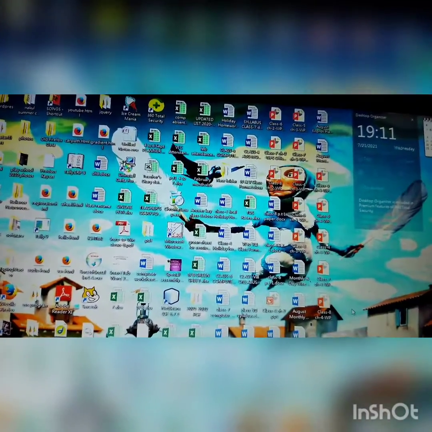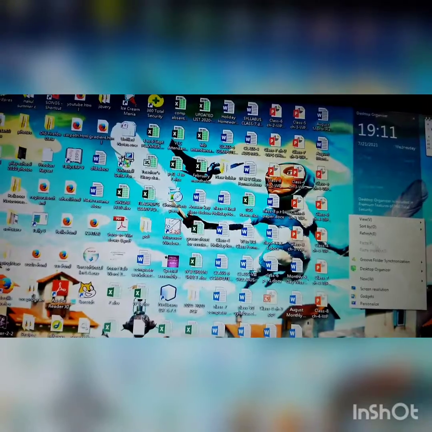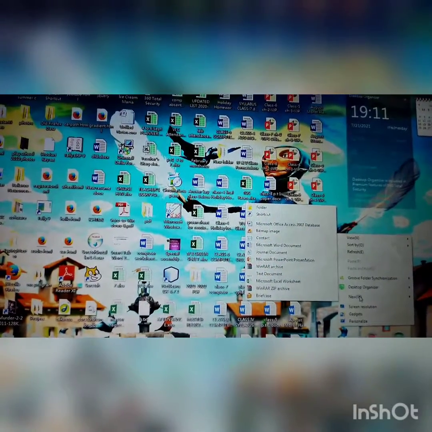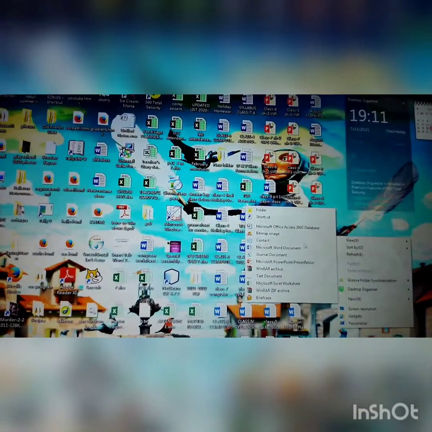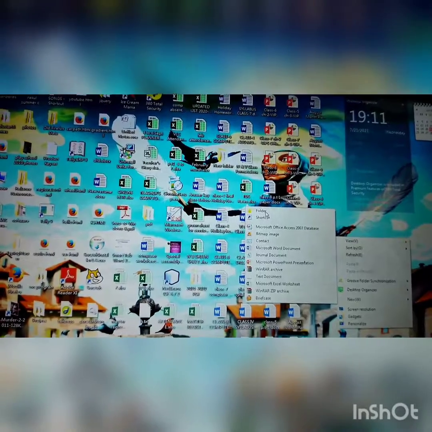So next is right clicking in a blank area. First of all, right click on a blank area. There are many options available in this right click pop-up menu. Okay, now just how to create a folder. First of all, click the New option. In this New option you can see the first is the Folder option.